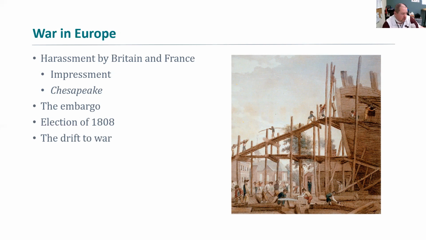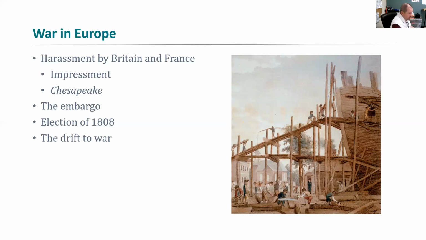right? So the Chesapeake was a U.S. vessel that was basically seized and boarded by the British Navy, that led to the embargo, which is a way of stopping trade. Although ultimately the embargo hurts the United States really more than it hurts Britain, because we need to trade with them more than they need to trade with us.